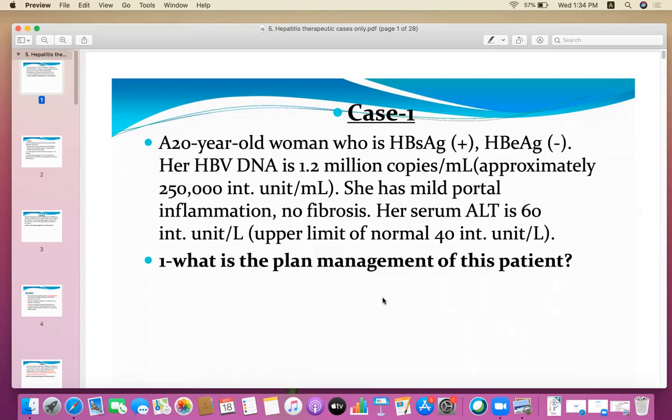What is the plan of management of these patients? Now the patient is a 20-year-old woman, and hepatitis B antigens are positive, and there is a slight increase in the DNA copies. Only mild portal inflammation but no fibrosis, and